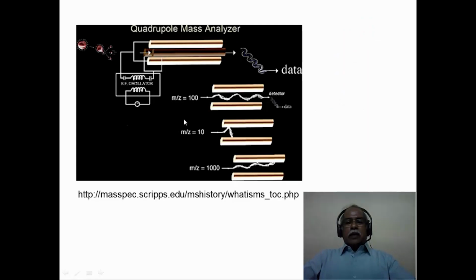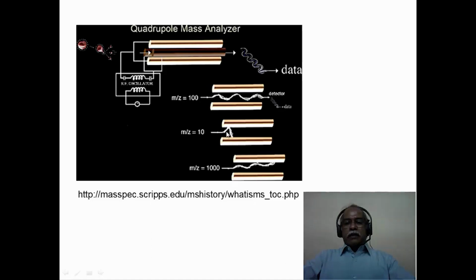For example, in this particular case, there are 3 ions, m by z of 10, m by z of 1000 and m by z of 100. The applied voltage is such that only the m by z value of 100 passes through. This is called the resonant ion, which passes through the quadrupole analyzer to the detector. On the other hand, the smaller ion, which has the m by z value of 10, has a non-resonant nature, and it hits the walls of the